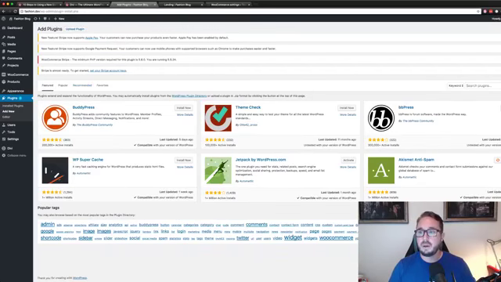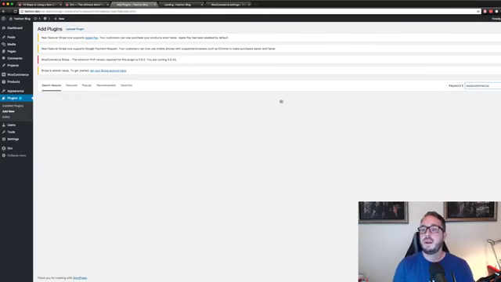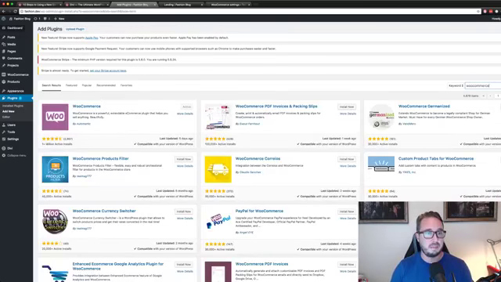And then you're going to search, just simply search WooCommerce, and it will be the first one listed here on the top left. Then you would click install and then activate. Once it's activated, it will bring you through kind of this setup process in a pop-up box. Take the time to do that, and we don't have the time to do that right now, but once you're completed with that initial setup,